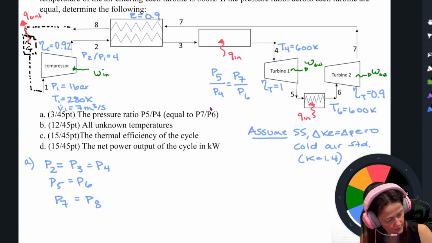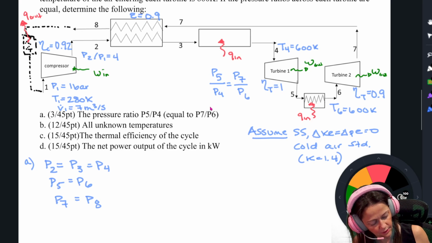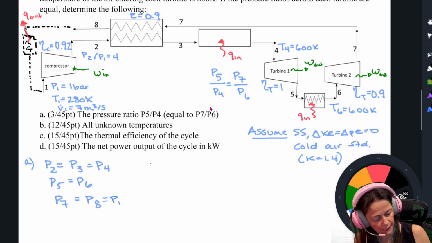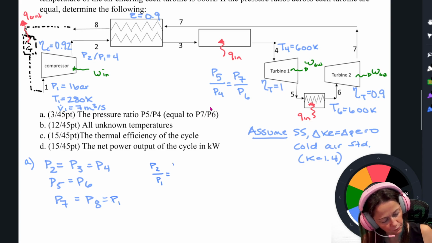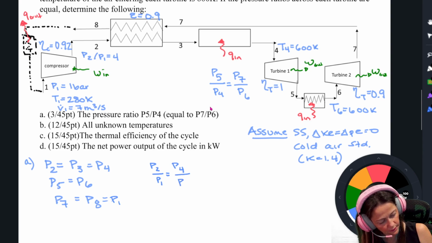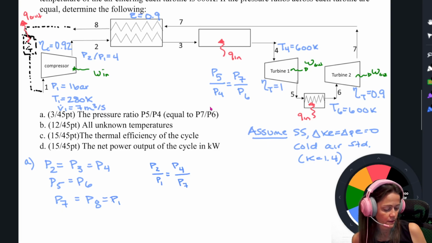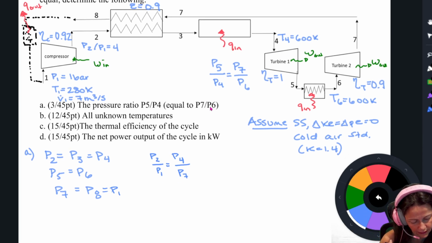All right. So P7, P8, and across that last heat exchanger to the left, P1 is the same. All right, so what I need to do is relate the ratios. So P2 over P1. Well, I know P2 and P4 are the same, so maybe that would be a good thing to start with. And then P1 and P8, or P1 and P7 are the same. That will be helpful. And then I also know that, let's see, P5,